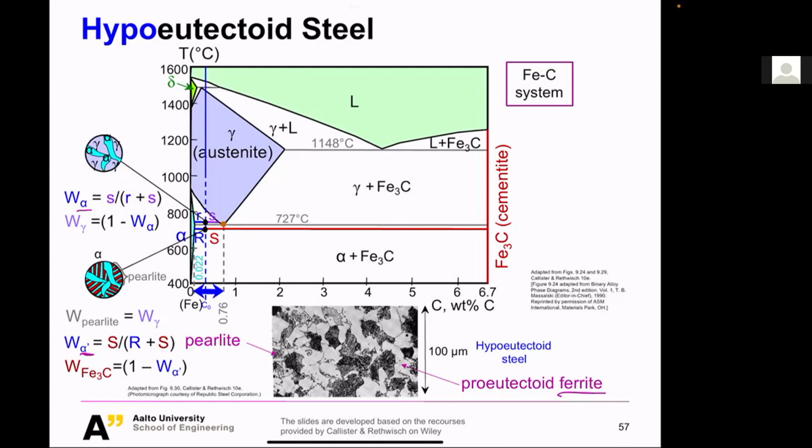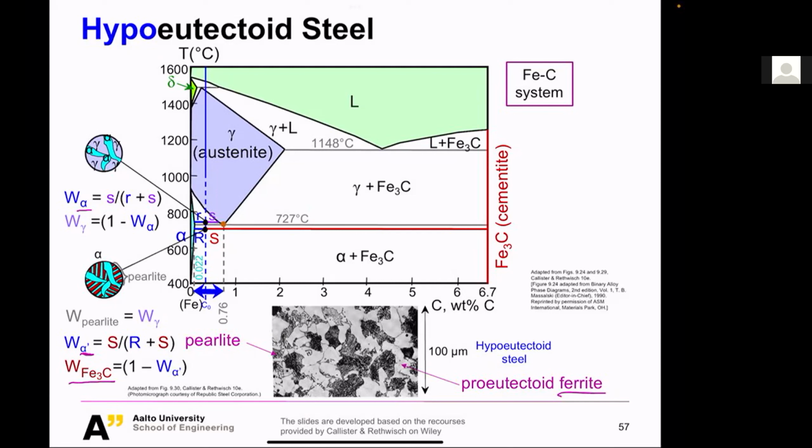Yeah, this is the key point. I hope everybody got it. And then of course, if you just apply 1 minus that, you get the volume fraction of your cementite. But if you look at your microstructure here, actually the key feature